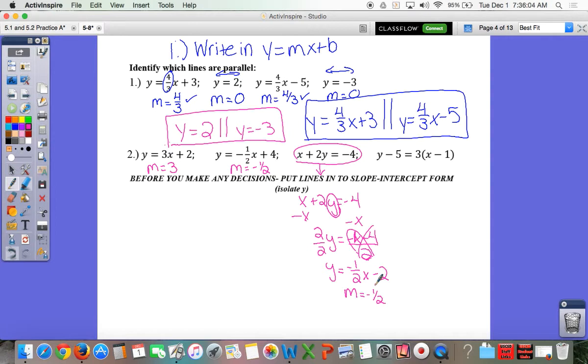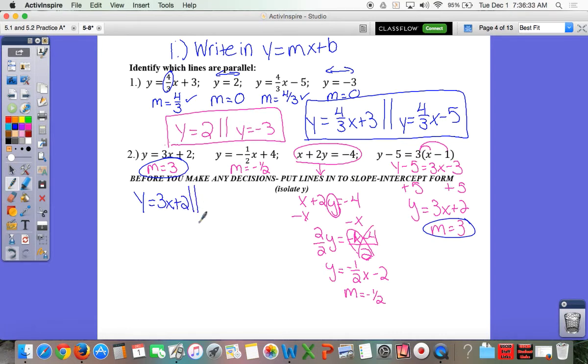And last but not least, this guy here, we need to distribute our 3 to get y minus 5 equals 3x minus 3. Add 5 to both sides and get y equals 3x plus 2 with a slope that equals 3. So now I'm going to look at my slopes, and I see some that are the same, 3 and 3. So I know that y equals 3x plus 2 is parallel, and you want to write the original. Y minus 5 equals 3 times the quantity x minus 1. Again, write the original